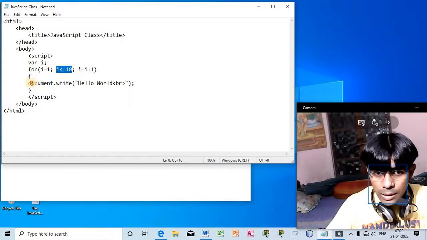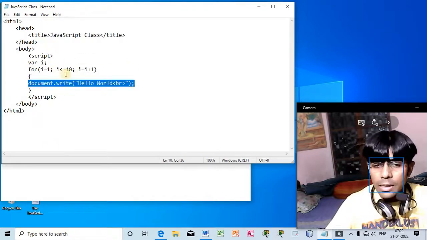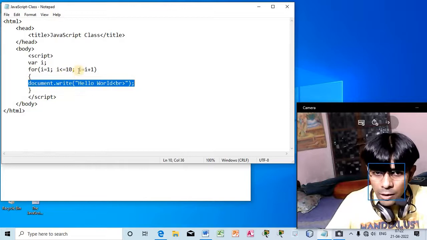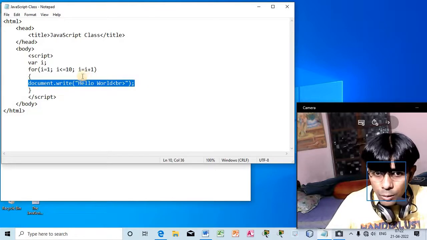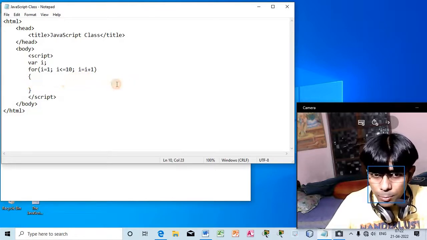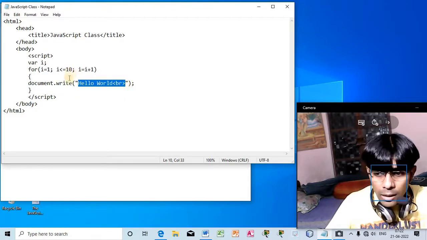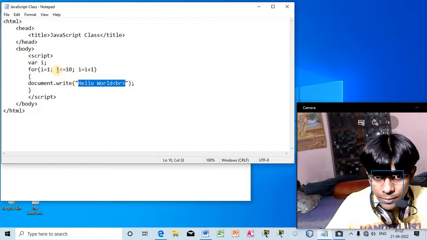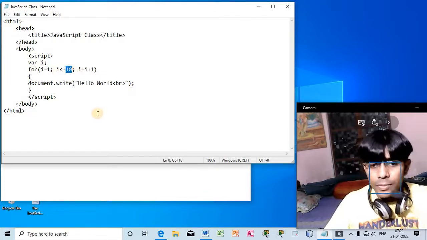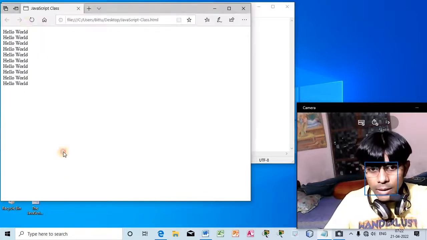If so, then this will be printed. Again it will be checked that the value of i is less than or equal to 10, so every time it will be incremented and this will be checked. So the printing of hello world will continue until the value of i is equal to 10, right? Now if I execute,